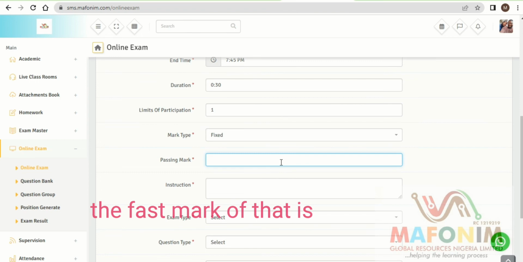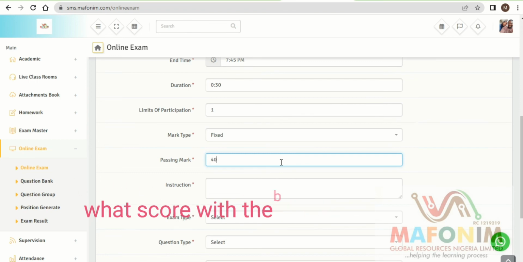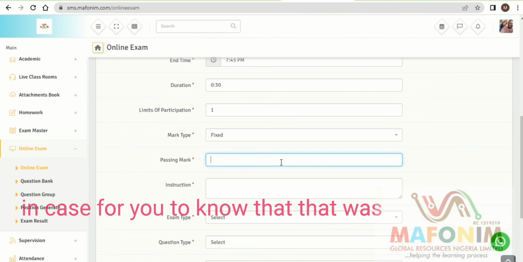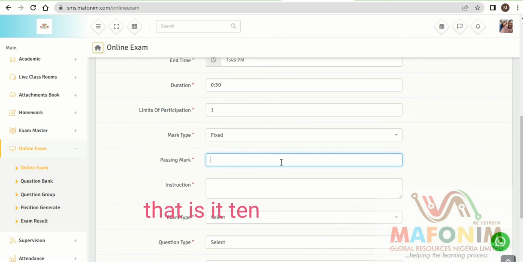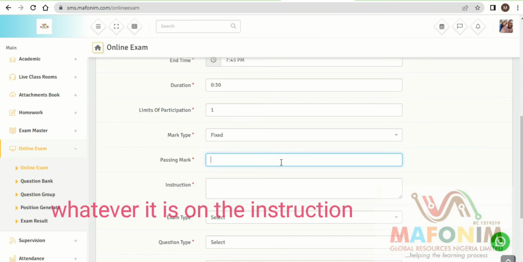The pass mark of that exam, is it going to be like 40 or 30? What score will the person get for you to know that that person has passed that exam? Is it 10? Is it 20? Is it 15? Is it 1? Whatever it is, you put it here. On the instruction,